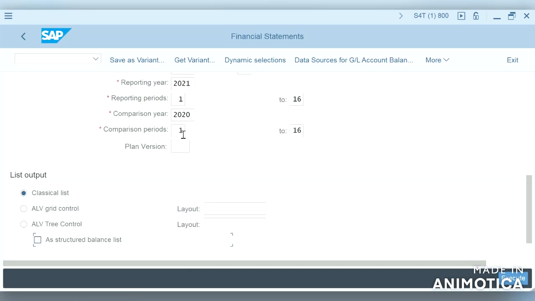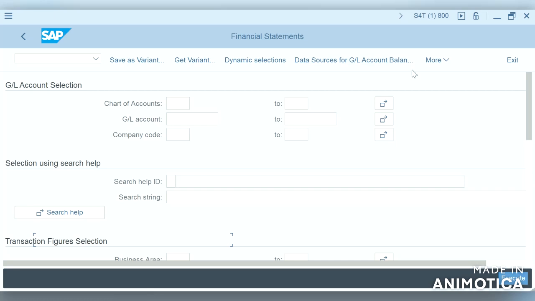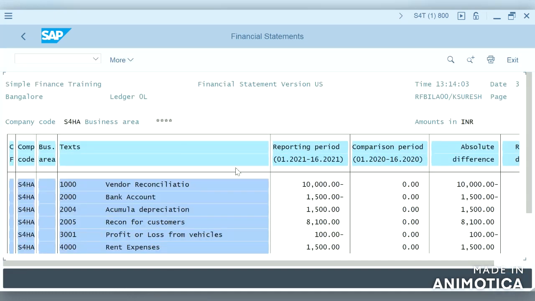This is how it looks, and if we generate this with the company code S4HE, which we tested in our previous videos, it shows all the balances in different GL accounts.